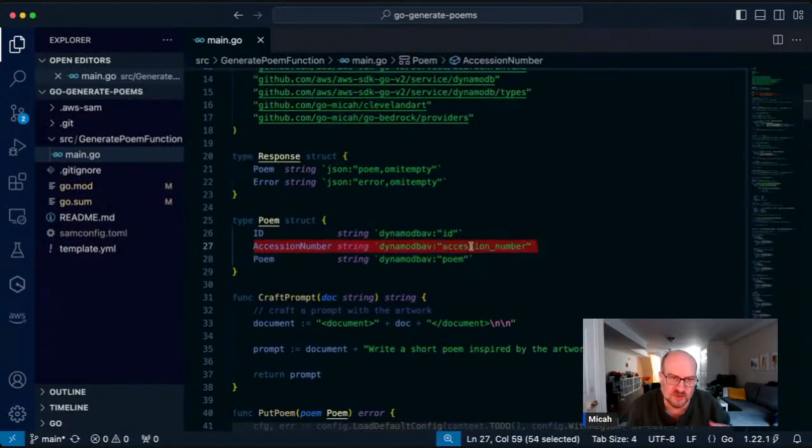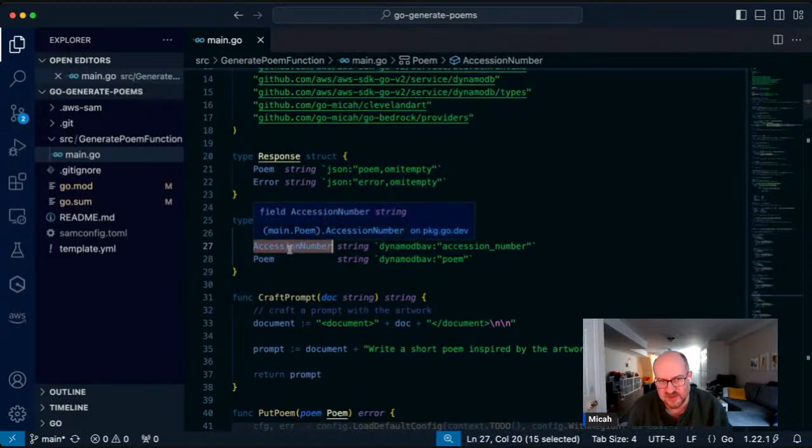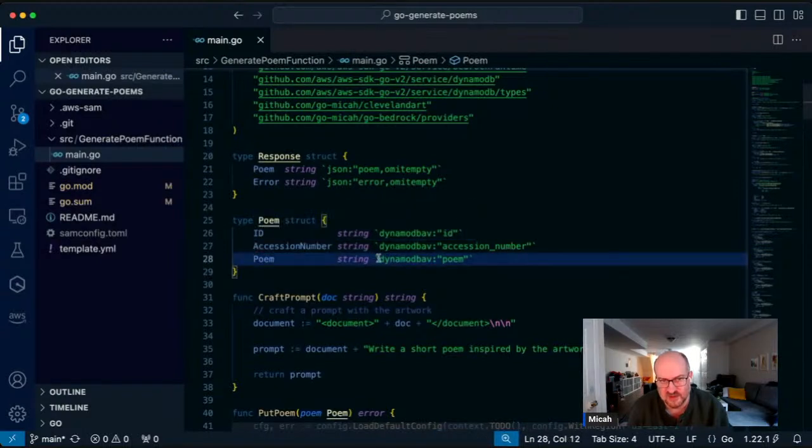If you remember when we first created this, this is where you define in Go the fields that you want to save to DynamoDB. You give it a name in Go on the left-hand side, and then on the right-hand side, you tell it what you want it to be called in DynamoDB. The only difference here is that they're lowercased with the underscore notation.